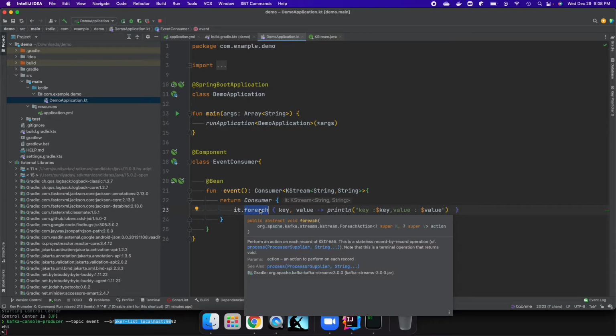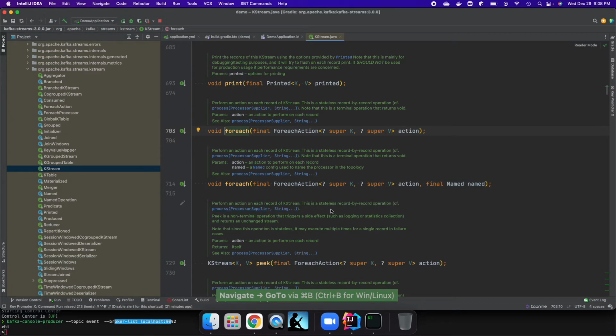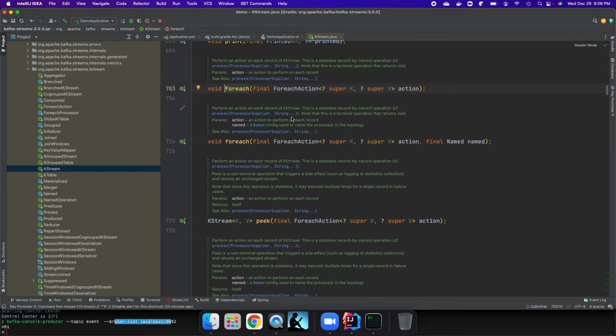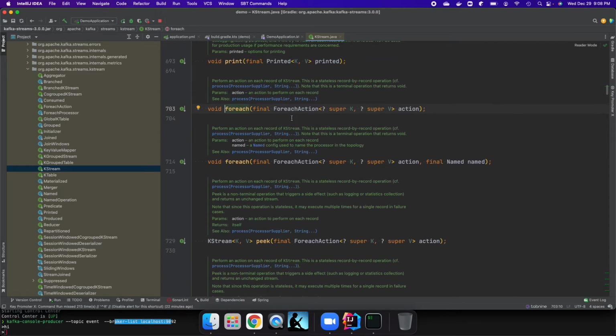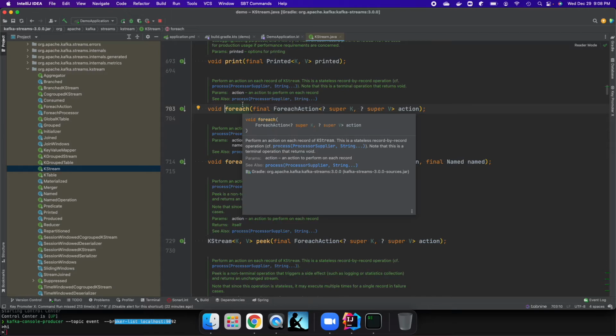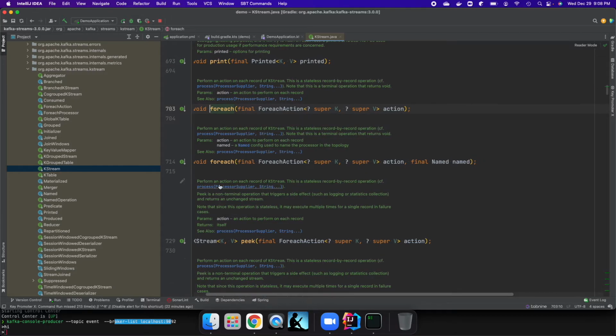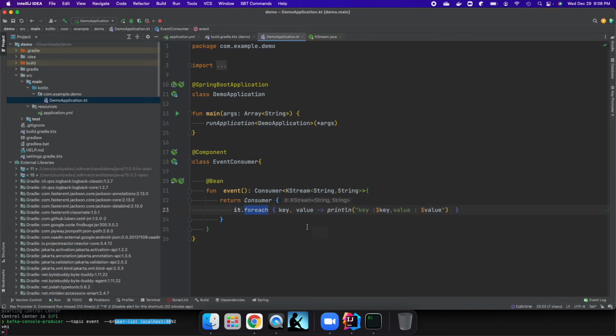If you go to the KStream method foreach, it just performs an action on each record of the KStream. This is a stateless record-by-record operation. We are just consuming the data as a stream and printing it out. This is a terminal operator; we are not doing any transformation, just consuming and printing key and value.